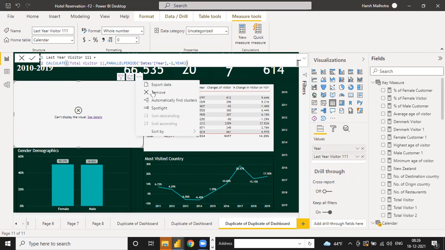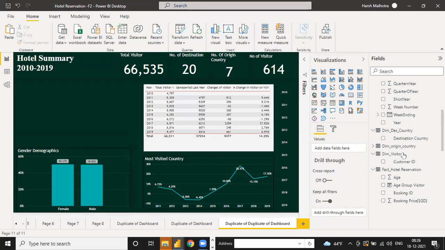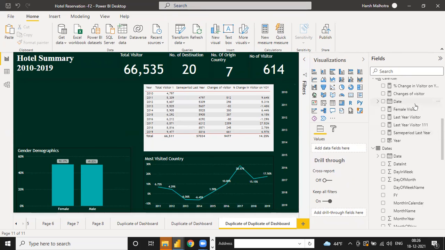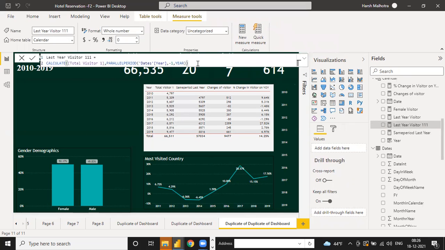I am using this parallel period in another project, don't worry. But you can use the same period because sometimes the data is not taking the example. Okay, but the function is correct. The function is not wrong. Why is it not visible in this? Because see, the function is correct. If I am getting any error, the function will have the red mark.